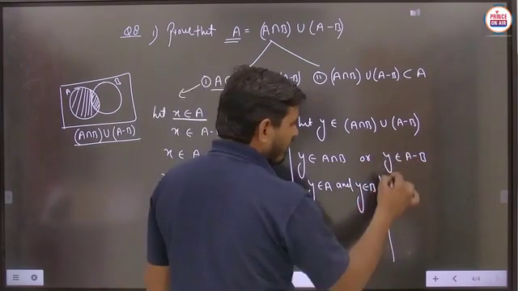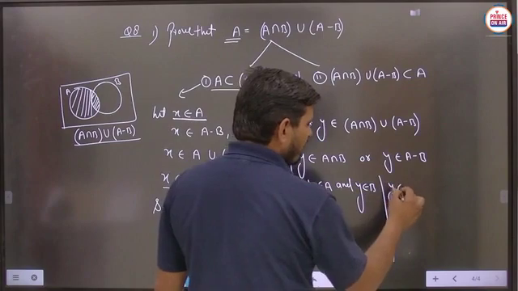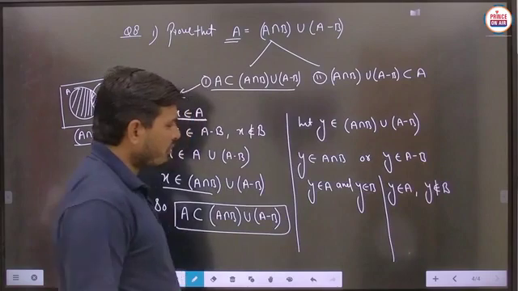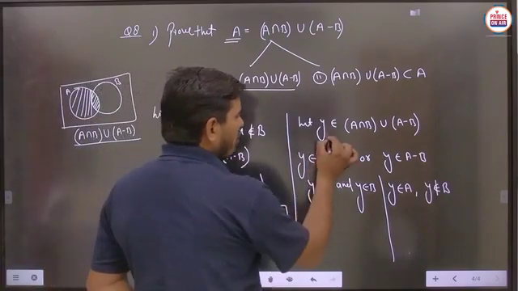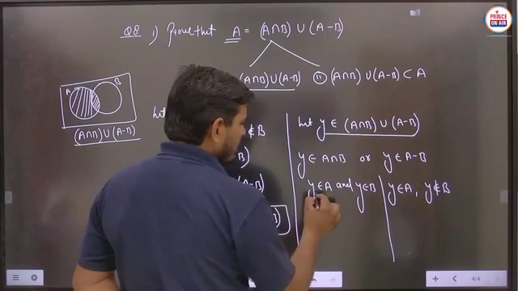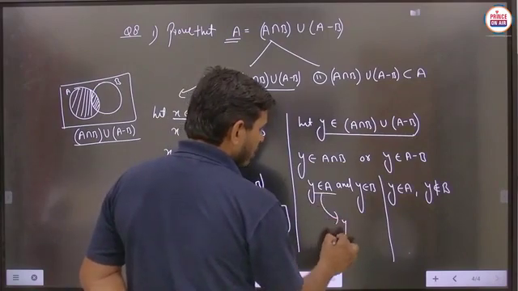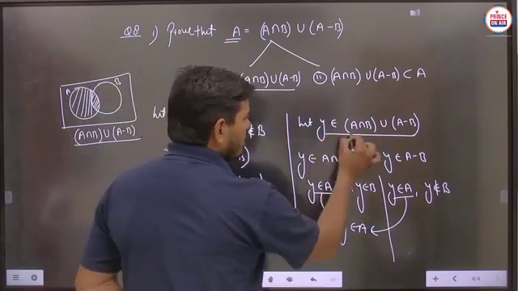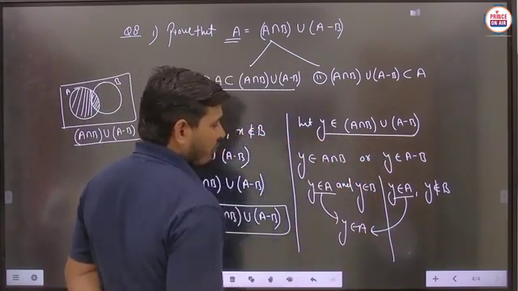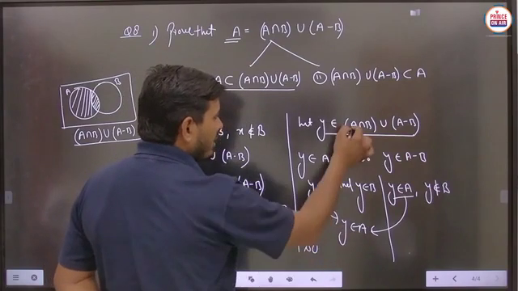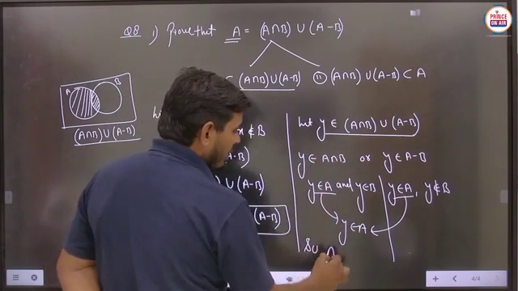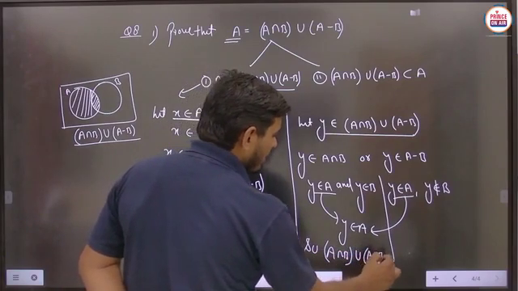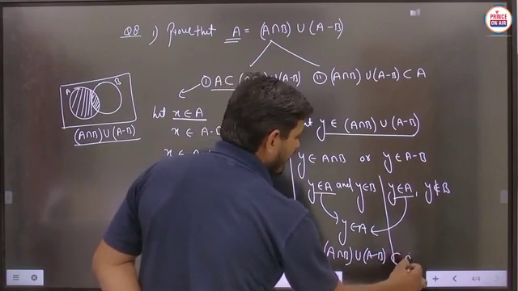And in this case, y belongs to A minus B. So you can say that y belongs to set A and y does not belong to set B. Now student, according to this situation, y belongs to this particular set, and here we are getting this result, y belongs to A. So on behalf of this condition and this condition, you can say that (A intersection B) union (A minus B) is found to be a subset of A. Is it to be clear?